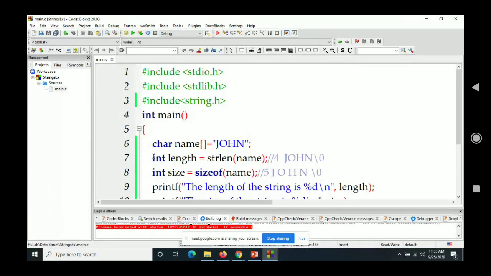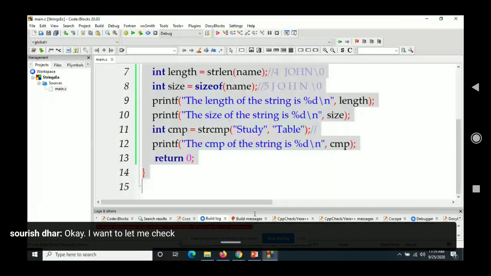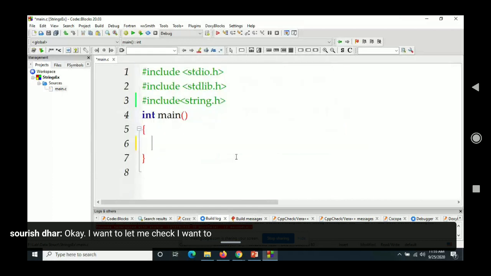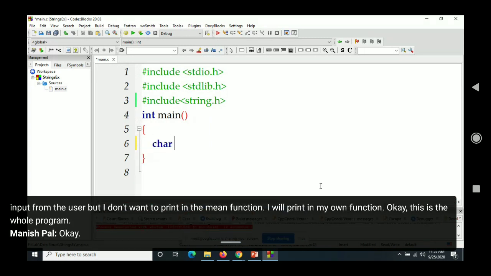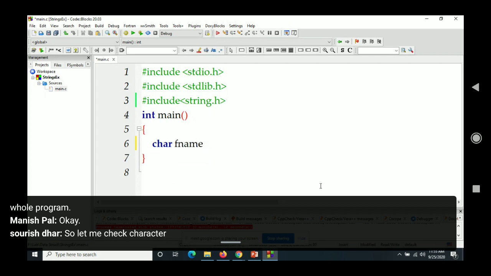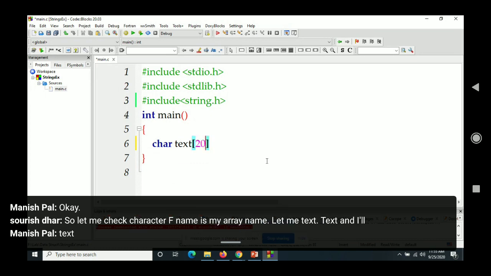Okay, let me give you an idea. I want my program to take an input from the user, but I don't want to print it in the main function. I will print it in my own function. This is the whole program. So let me take a character array fname as my array name, and I'll give 20 characters here.